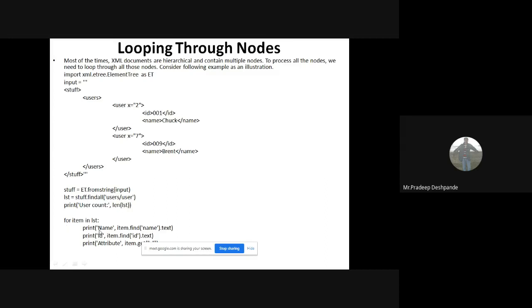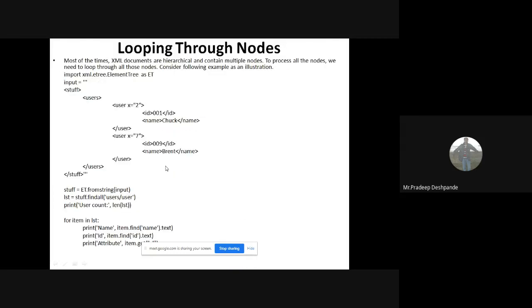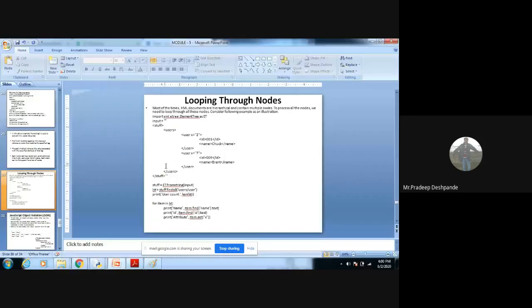Then it will print the name, ID and attribute of each node. Inside this we have name and ID. Let me execute this, we will come to know.